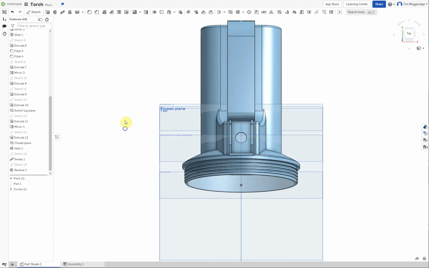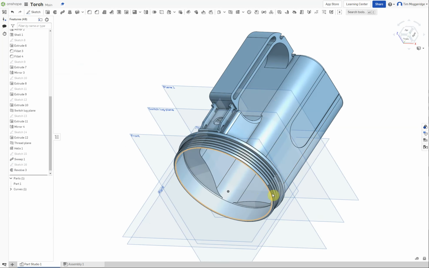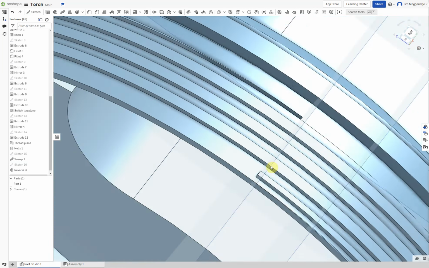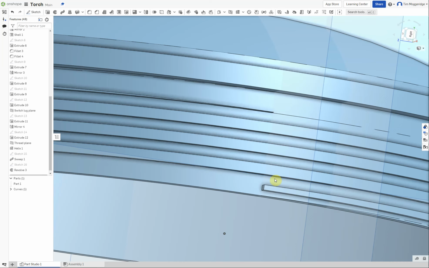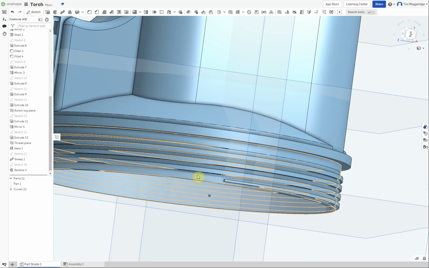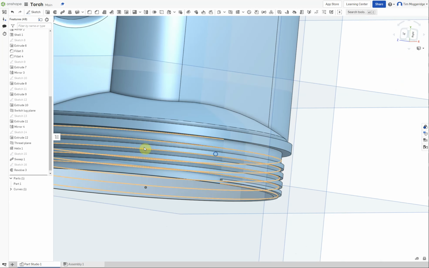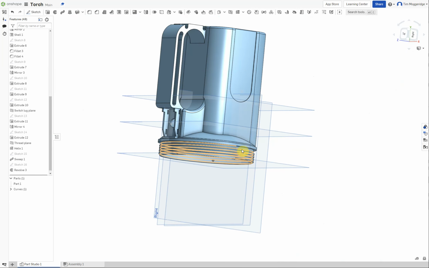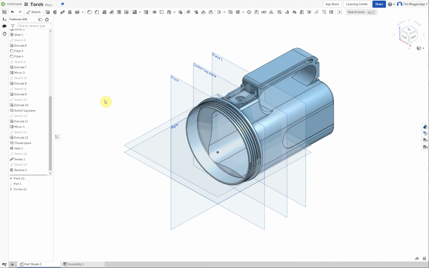Click on the tick, and as we go round, if we now look over here and zoom in, you can see that the thread starts part way in. So that's just cleaned up the edge of the thread that might be overlapping over here, and you can see that we've also got a thread that phases out here, and we've got room for the gasket. So just right click and go to isometric, and that actually is all we're going to do for the moment